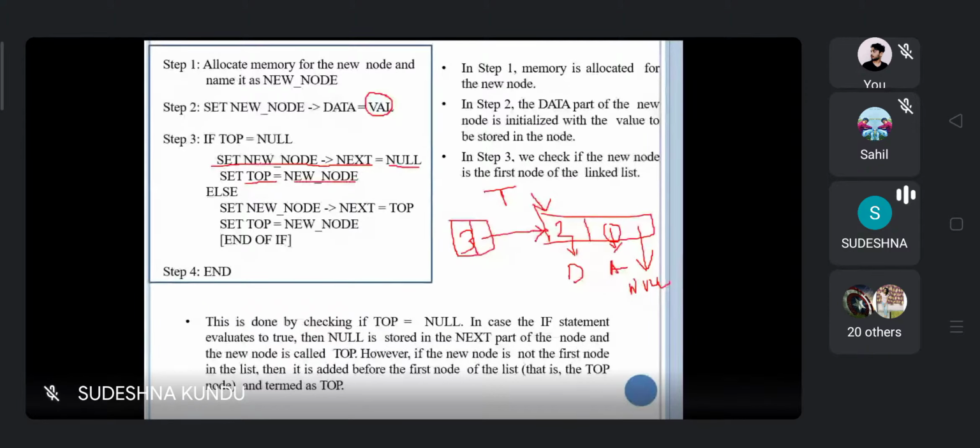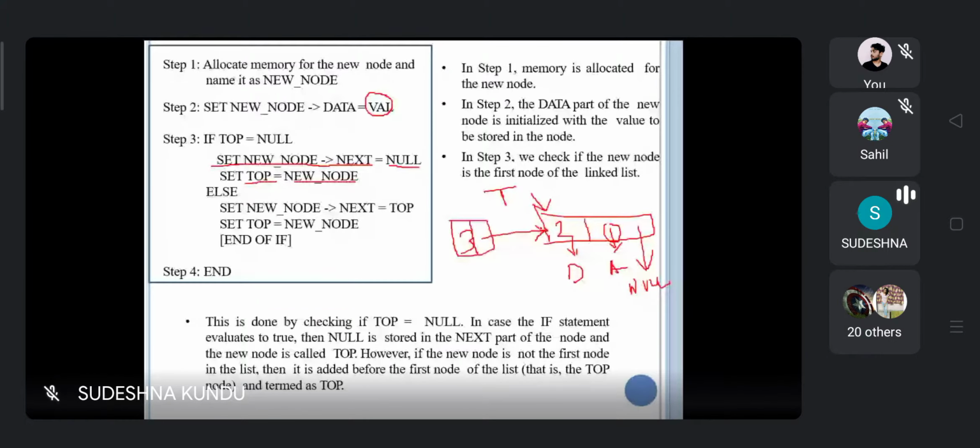So the new node's next is top. Whenever we create a new node, the address part will point to the node at the top, the topmost element.